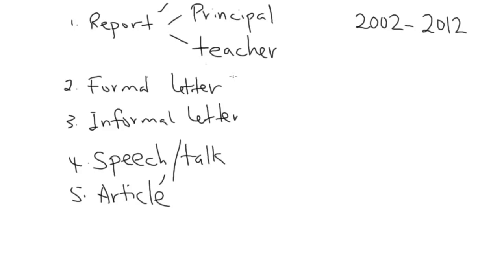The rest will be speech or a talk or informal letters. So, this year, be prepared for an article. You can give 100% to this, 99.9% to report, and 90% to a formal letter. You can forget about informal letter or speech, but at the same time, please take note,